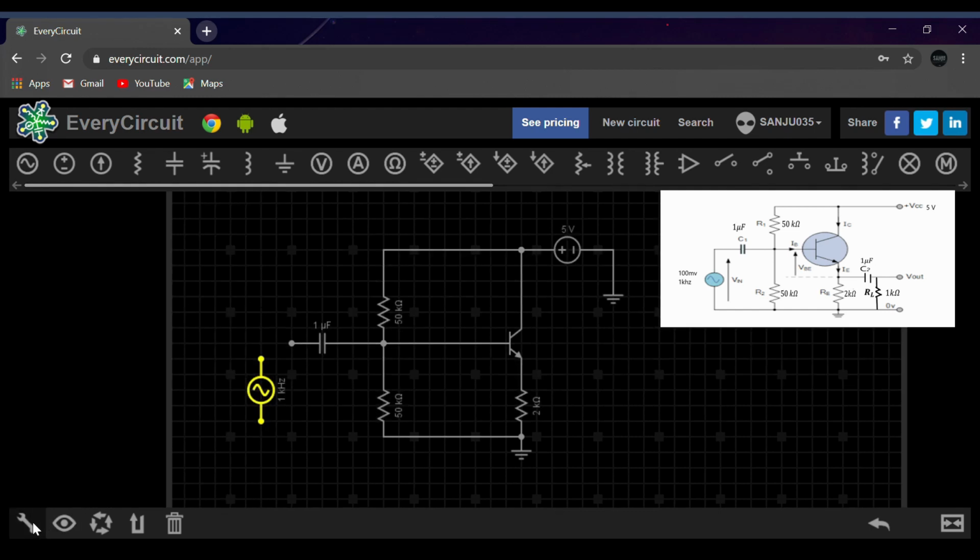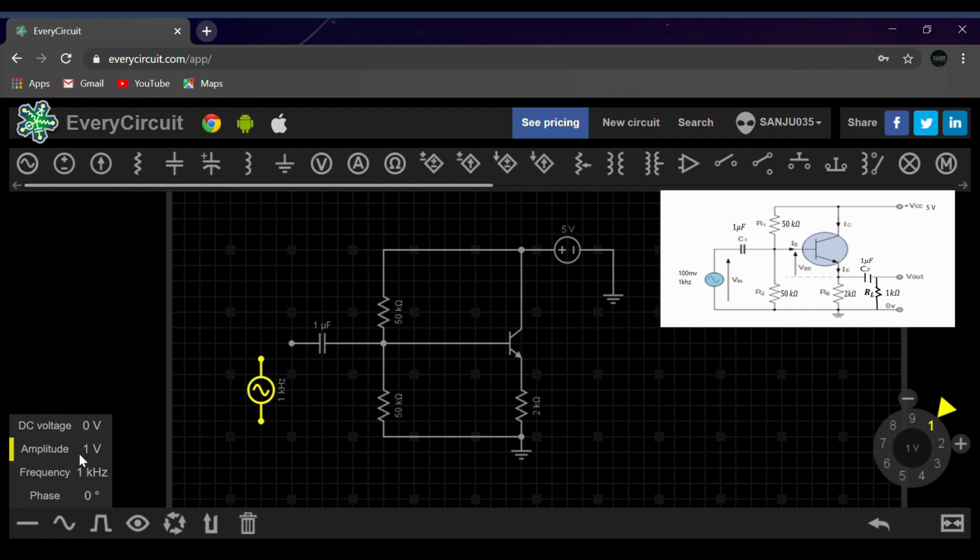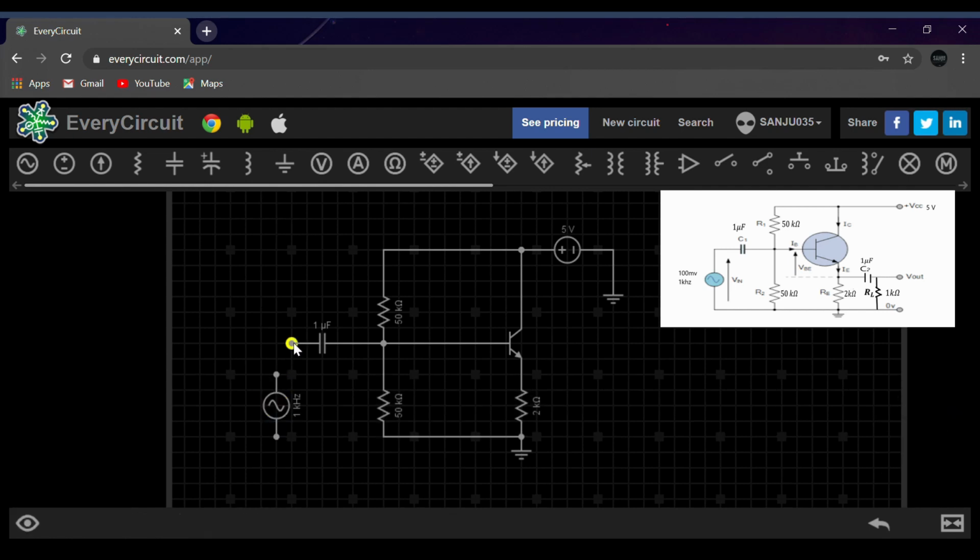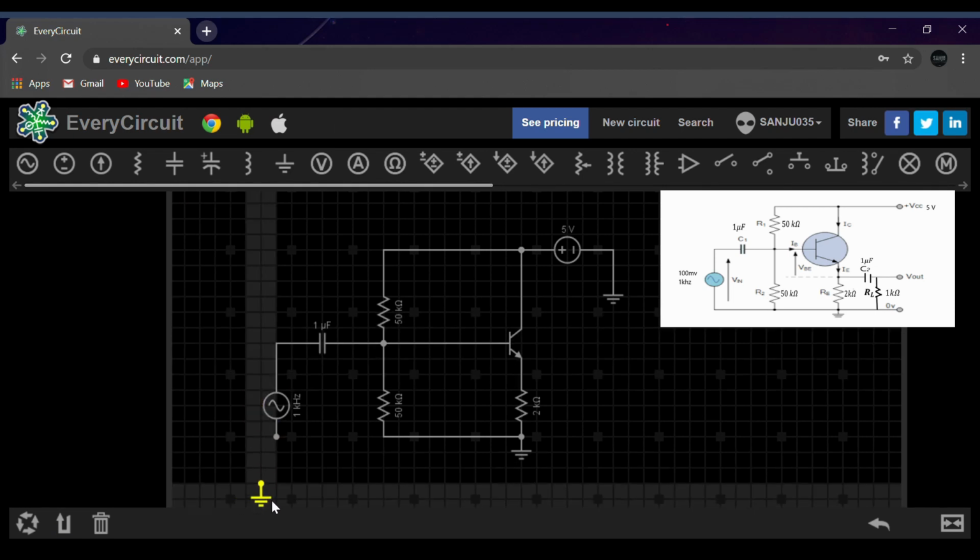We'll change those values. We need an amplitude of 100 millivolts, and the frequency is 1 kilohertz. Note that in AC analysis your DC voltage will be 0. Hence I'm connecting it here. So let us connect the other end towards the ground.